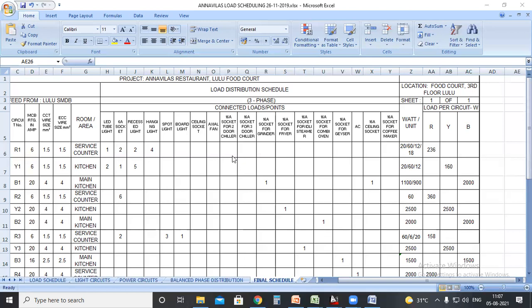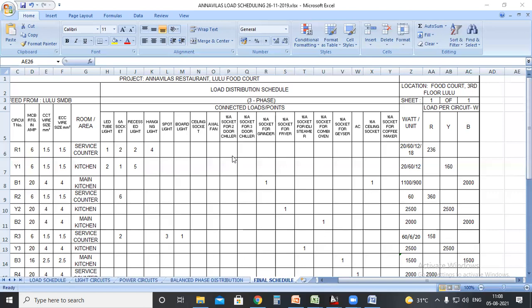So here, as I said, if the load is lesser than 5 kW or 5000 watts, that is the load that will come for a normal residential building. If you take a 100 square meter residential building, the electrical load will obviously be around 2000 or 3000 watts. In that case, the government shall provide a single phase connection from the nearby electrical utility pole. That is the rule here.